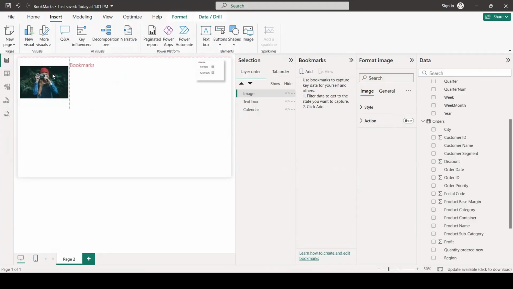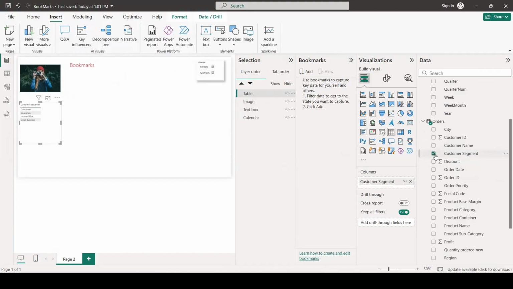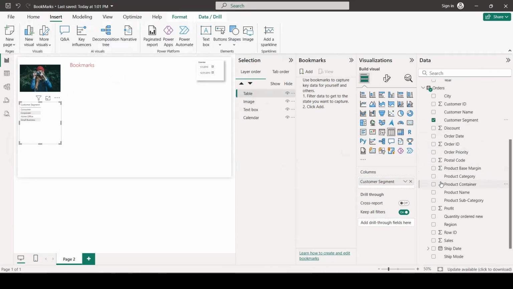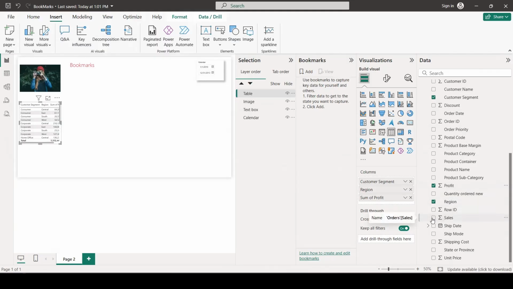I will just put it here. And then I will just add a table. For that, I will choose a few items. And I could choose customer segment, maybe region, profit, and sales.